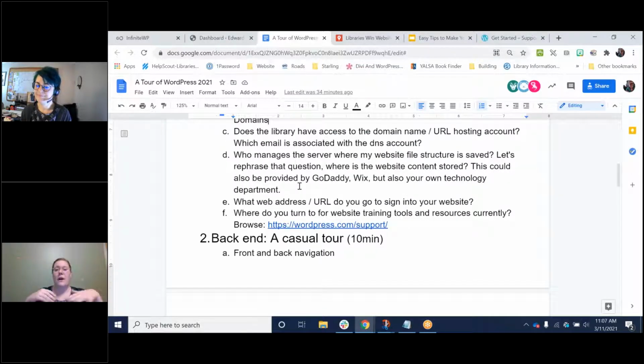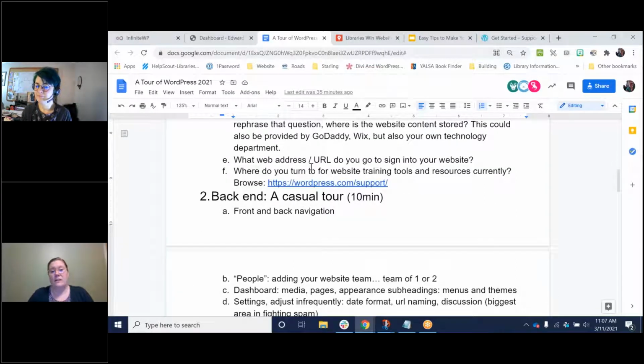Because if something goes wrong with any of these pieces, you're going to want to know who you can call. You want to know who you can pick up in your phone book listings to rely on, because you don't need to know every single thing about your website. You're a librarian. Your focus is on serving the public and all of your jobs, not being a super expert in your website, right? A website is supposed to be a low stress tool.